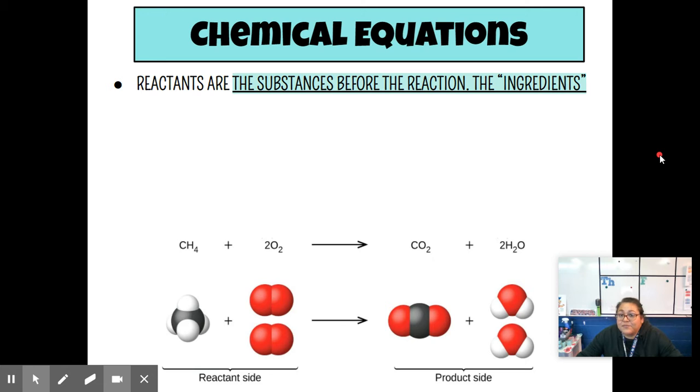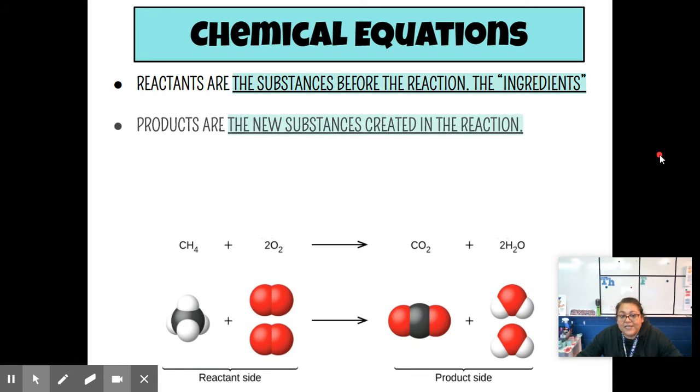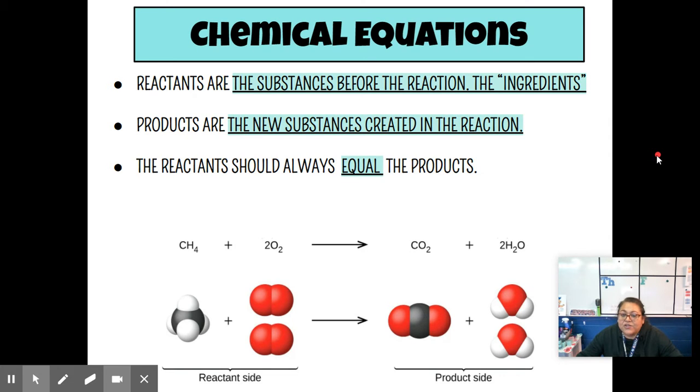Reactants are the substances before the reaction, the ingredients. Products are the new substances created in the reaction. The reactant should always equal the products. And that's where the law of conservation of mass comes in, the idea that matter or mass cannot be created or destroyed. So if I start out with 1 carbon and 4 hydrogen and 4 oxygen, which is what I have here,